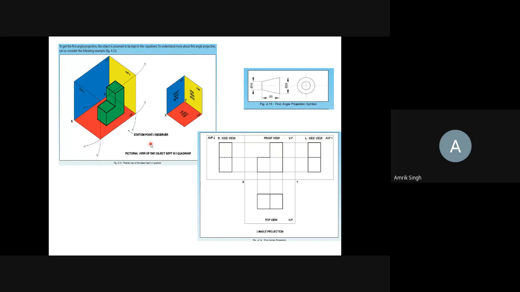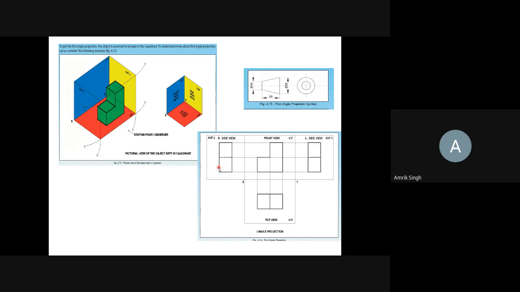You see the observer here, this is the object, this is the principal plane. If you see from this side, it will be the front view. If you see from the top, the view will be downward, so this view is made in the bottom. And if you see from the right hand side, the view will be from this side.